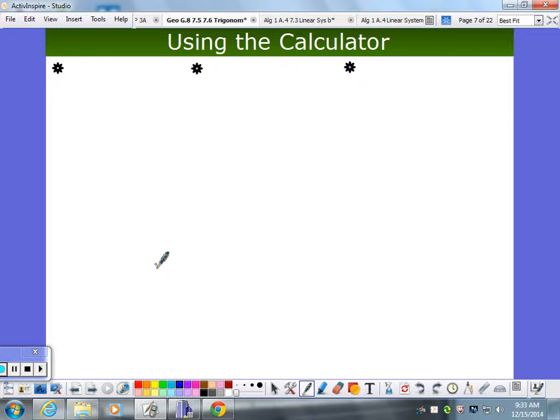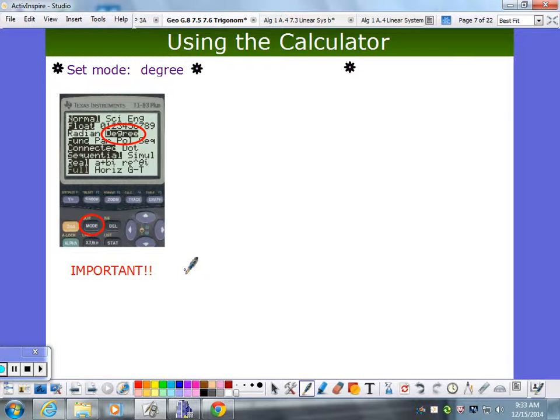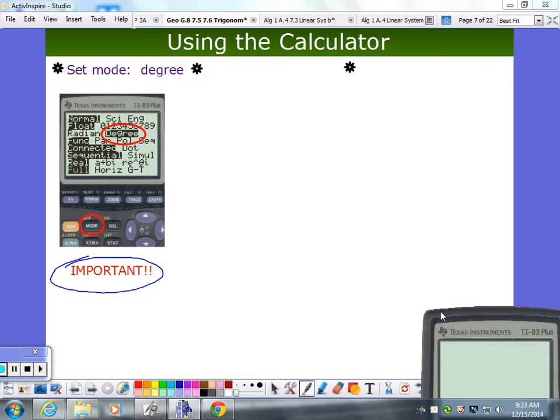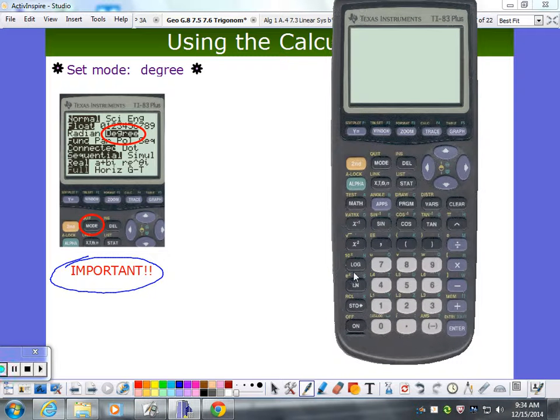Okay, so now using the calculator, some of you already know how to do this, but here's something really, really important. The calculator has all these different ratios in it. Remember, we used to have big tables in the back of textbooks, and now we have calculators instead. When you use the calculator for trigonometry in this class, the first thing you do, after you turn